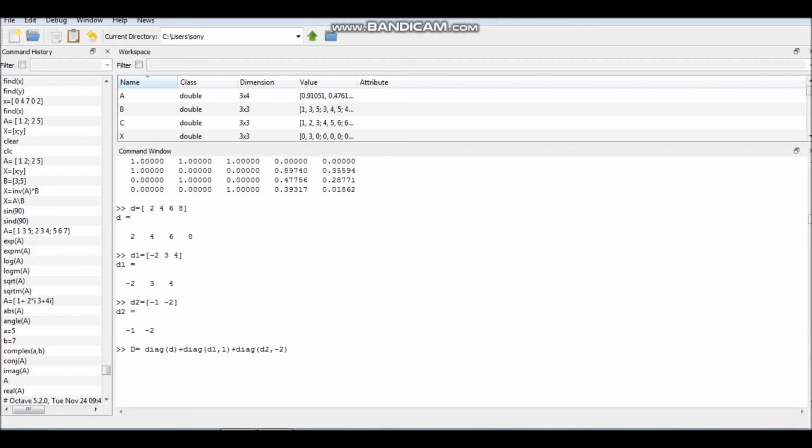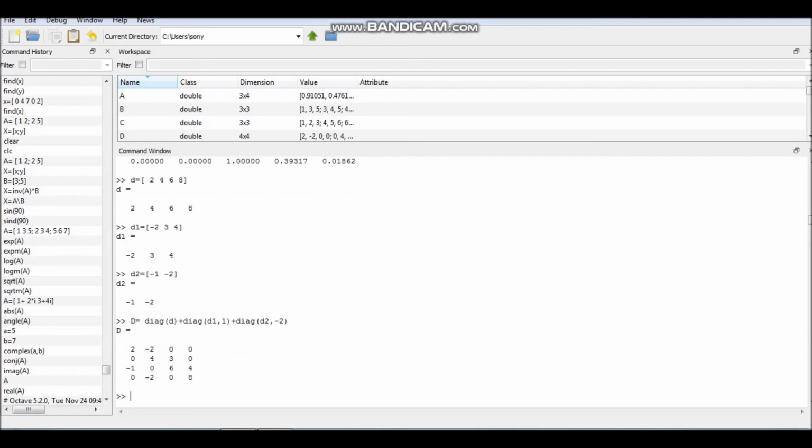Because it has two elements, you can place it either on the second upper diagonal or on the second lower diagonal. So if I press enter, I will get this answer.